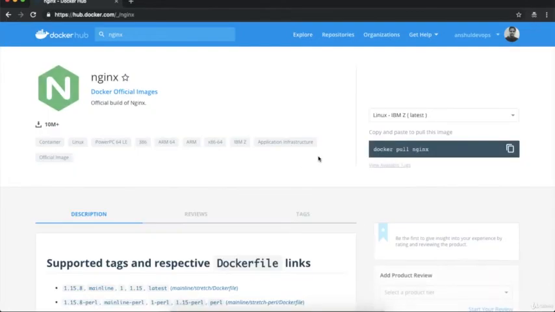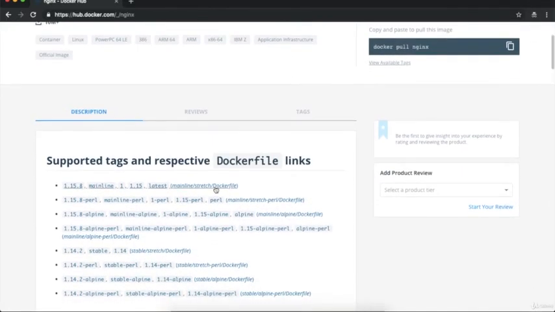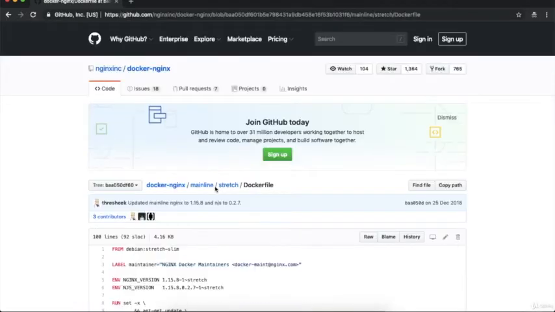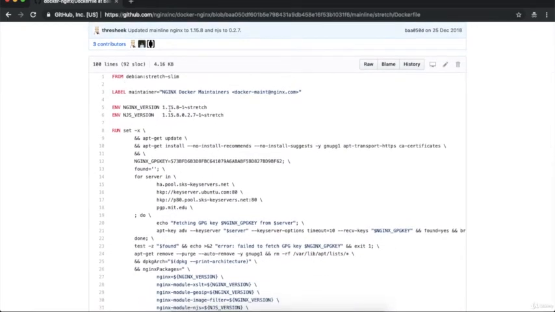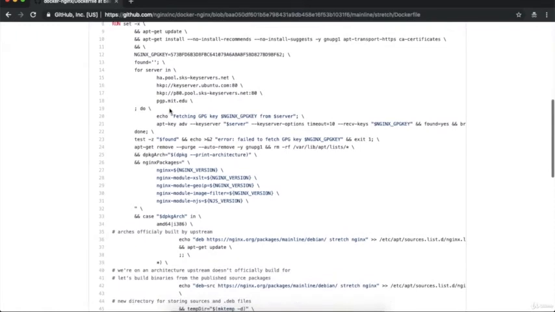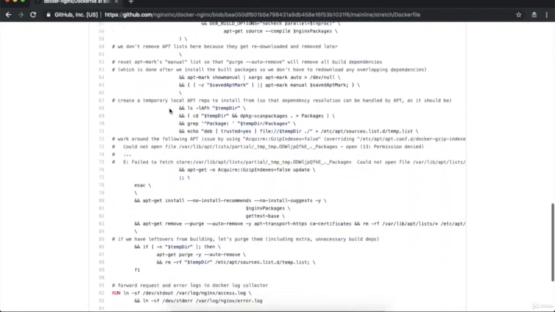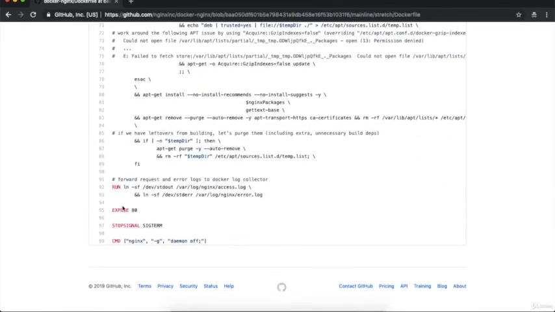I will click this and then I will click on the Dockerfile. So we will verify the Dockerfile of nginx. Over here we have the FROM, the LABEL and ENV, and the RUN command, right? Once we scroll down, we get RUN, EXPOSE, STOPSIGNAL and CMD. We are not getting any kind of bind mount or volumes, right? So how can we start nginx with the help of bind mounts?